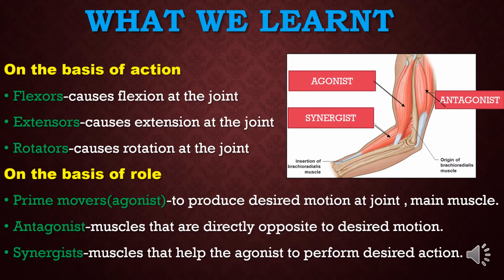So you have seen all the three groups have a major role to play and they are working in harmony with each other. If this is being disturbed, then it might lead to muscle imbalances in the body. Hence, while treating our patients, it is very, very important to understand the role of their action. So to summarize, on the basis of the actions, the muscles are classified into three groups: flexor, extensor and rotator. And on the basis of their role, they are classified into prime mover, antagonistic and synergistic muscle.